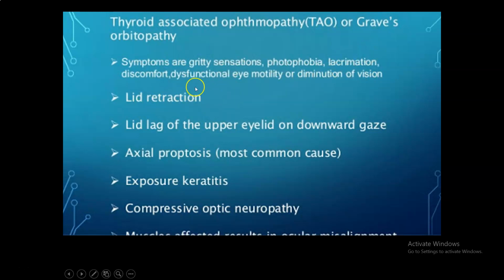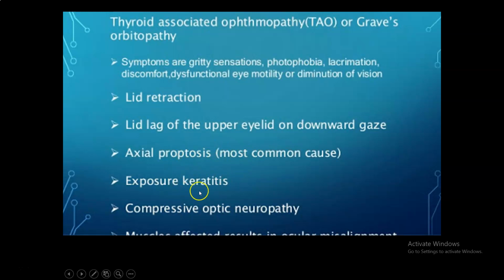There is lid retraction. This is very pathognomonic of thyroid ophthalmopathy. You get a staring look, the upper sixth of the cornea is no longer covered, and there is also lid lag of the upper lid. When you look downwards, there is lagging of the upper lid, and it is also due to involvement of the levator palpebrae superioris. You get proptosis, the most common cause of proptosis in adults,